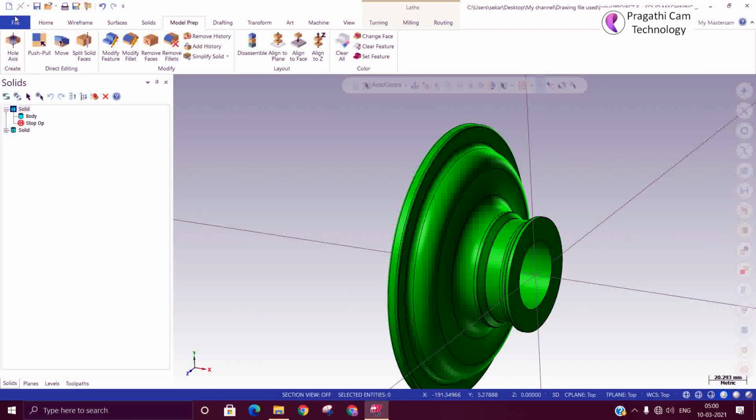In general, for a turning application, if we get the wireframe model for lathe programming, it's more than enough. You can do a complete operation by using a wireframe model, but from the customer, every time you cannot get the wireframe model. Sometimes you may receive solid models. At present, we have one solid model,